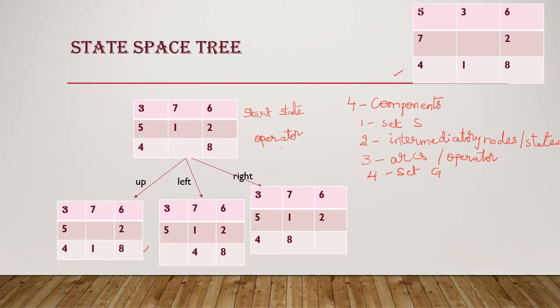Because here you can see I have 4, 8 in the starting. It will take more moves to sort this third row itself. I would have to move this 4 here, this 1 here. Similarly, here I should move this 8 here, and this 1 into this empty slot. So there are more moves needed in order to sort the third row itself. But in this particular state I already have the third row as in the desired goal state. So I will consider this as my next E node.